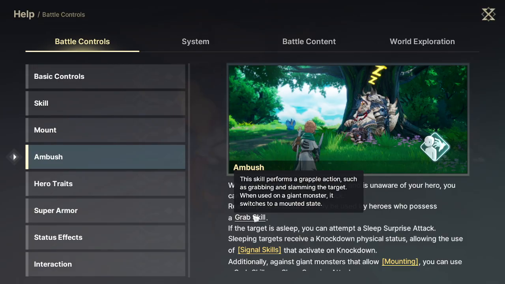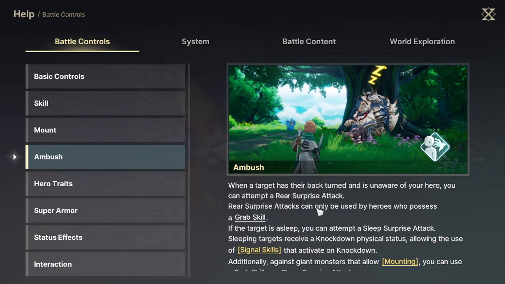Oh, grab skill. This skill performs a grapple action, just grabbing and slamming the target. When used on a giant monster, it switches to a mounted state. This is Link jumping up on the